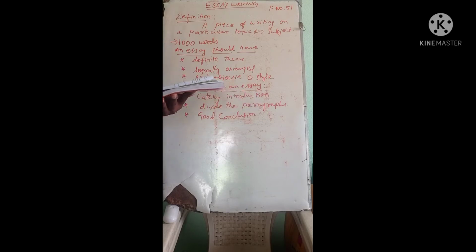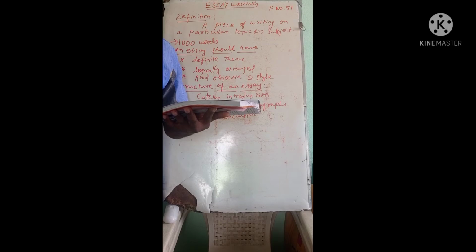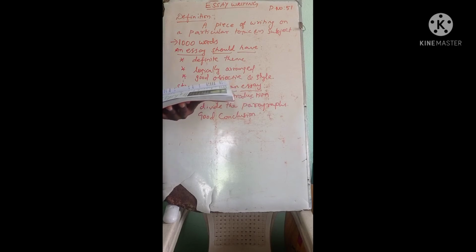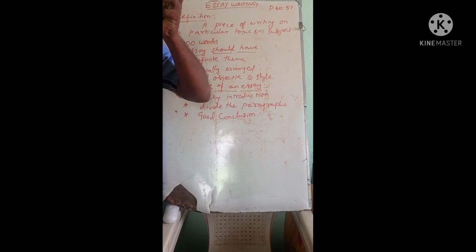This is very important. What is the reason for doing the proofreading? Because once the essay is written, it has to be published in a newspaper or magazine, anywhere, or it may be published in book format also. So it has to be read by the readers, so there should not be any mistakes. So proofreading is very important, and he has to revise all the points, and, as I already told you, he has to order his points logically.